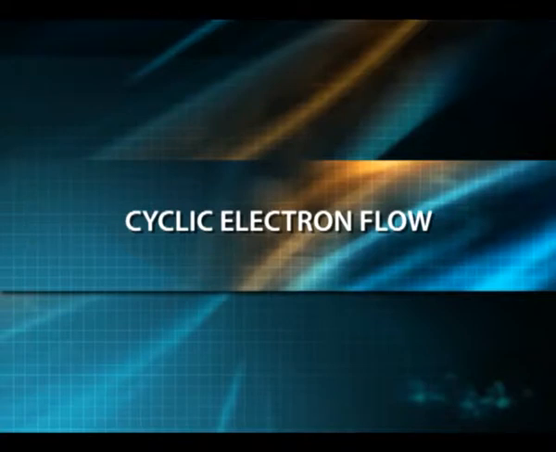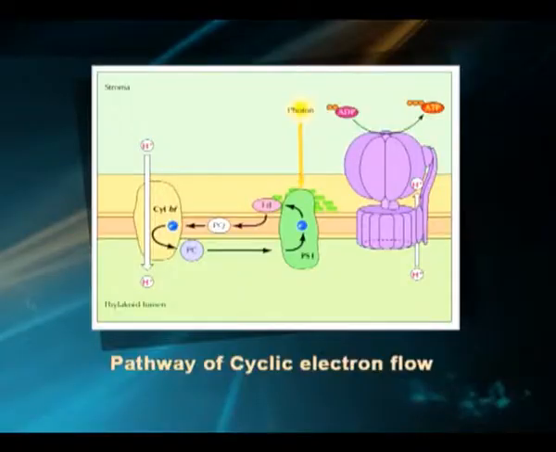Cyclic electron flow. A second electron transport pathway called cyclic electron flow produces ATP without the synthesis of NADPH, thereby supplying additional ATP for other metabolic processes. In cyclic electron flow, light energy harvested at photosystem 1 is used for ATP synthesis rather than NADPH synthesis